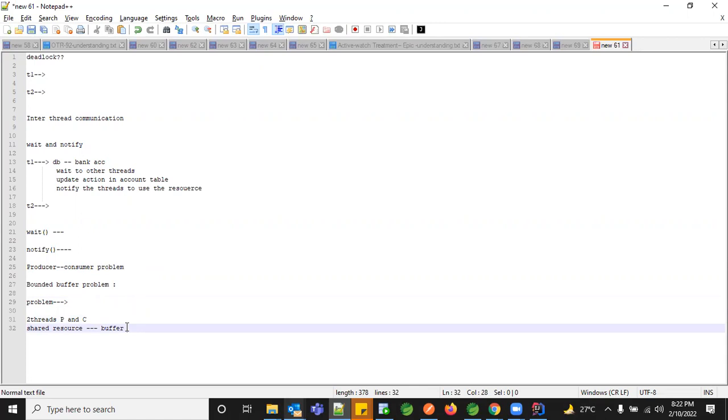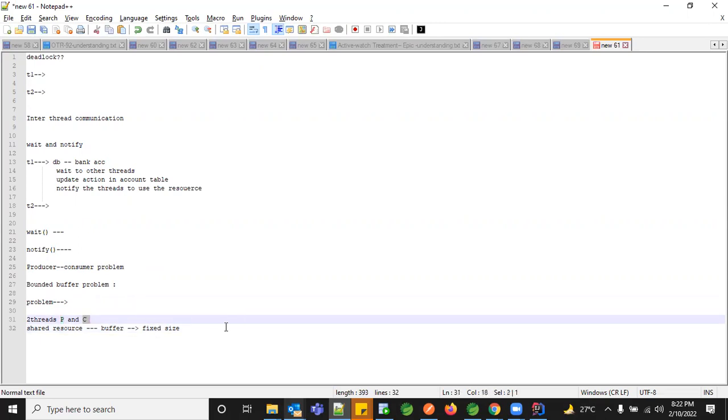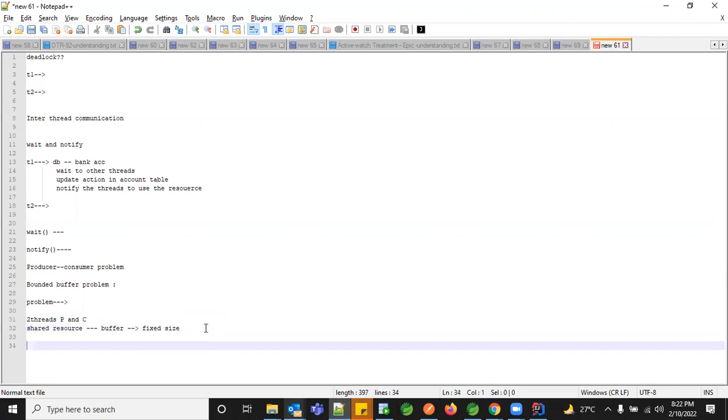What they're trying to do is use that buffer and perform some kind of operation. This is a common buffer, and let's give it a fixed size. We are going to use that buffer as a resource for any kind of activities by these two threads. This is the first level of description of our input. Now the producer thread will come in and put some items into the buffer. Basically it adds items into the buffer, and this is a repetitive process.